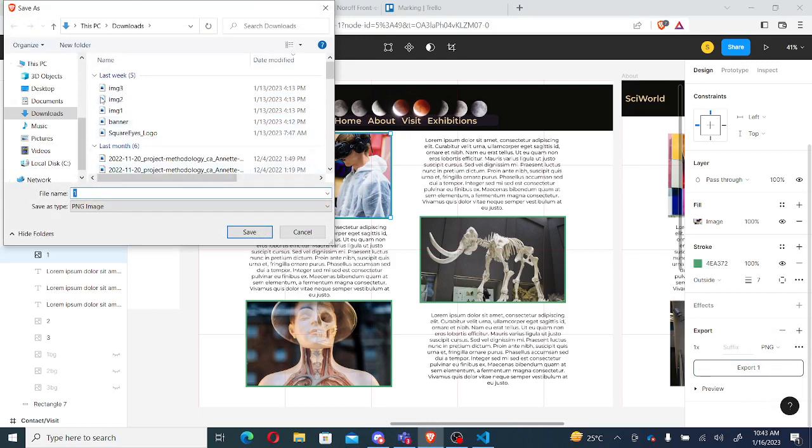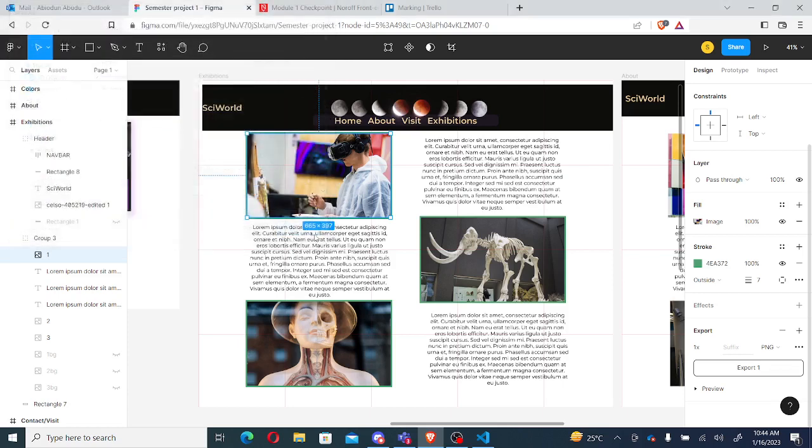But to be sincere with you, I have all the images here already. I have the banner, and I have each of the images. You can see there are four images here. I just saved them as image one, image two, image three. I wouldn't like to save it again, so I will just cancel here. The next thing we should focus on is another asset,